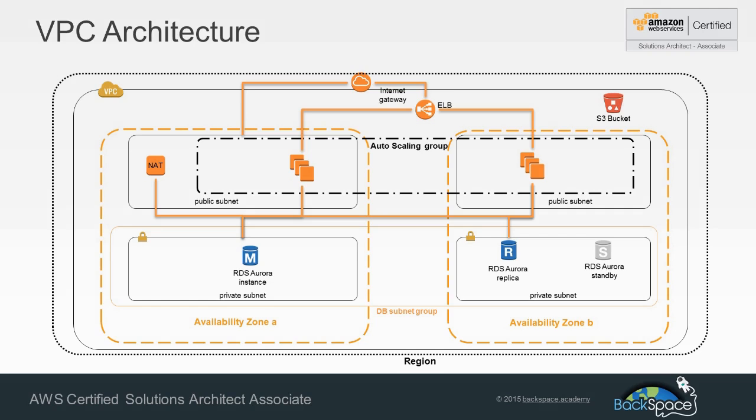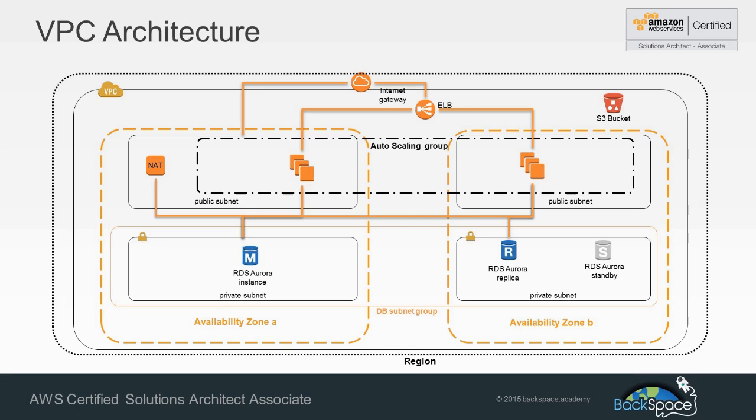The architecture that we'll be developing will be typical of what you'd expect from, say, a WordPress application or an e-commerce site like Magento. So we're going to start off by creating a VPC in a single availability zone with private and public subnets. We're then just going to expand that to a second availability zone and create a DB subnet group. Within that, in that private subnet, we will create an RDS Aurora cluster, and that will be across